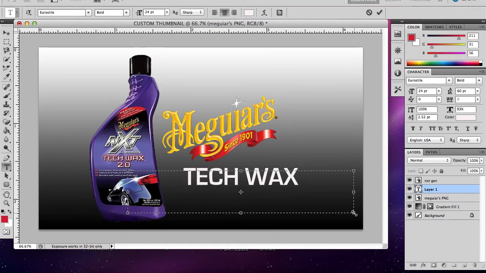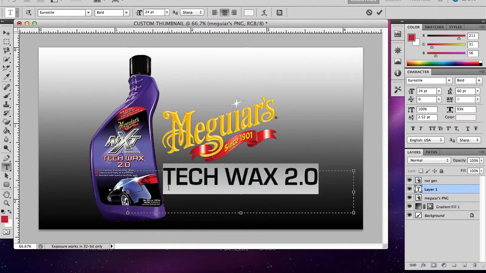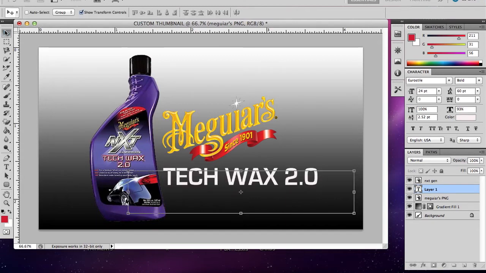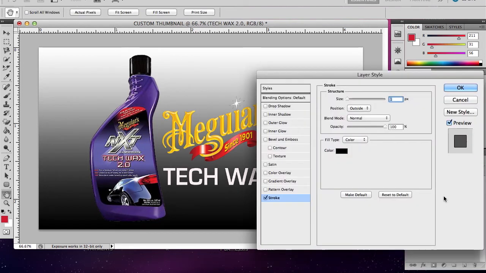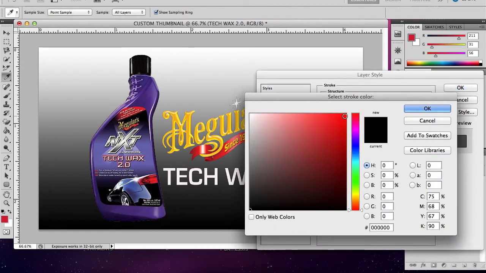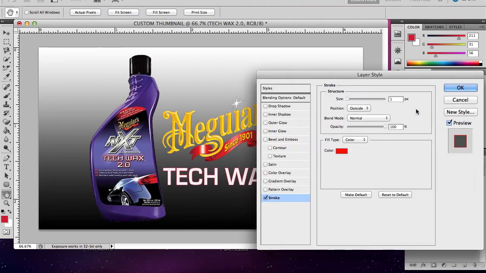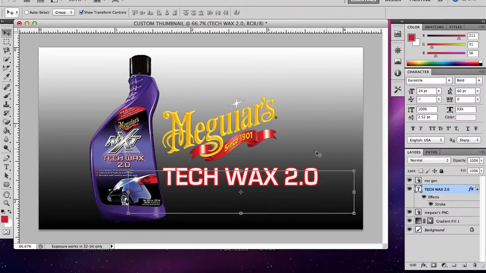Now the next thing we need to do is add a little bit of type. So we're going to put the TechWax 2.0, and we will leave that in that typeface because that's not too bad. And then we need to add a red stroke on the outline. Let's put that in there like so, and we'll change that to 5. That's a little bit heavy. Let's go back to 4. Okay,